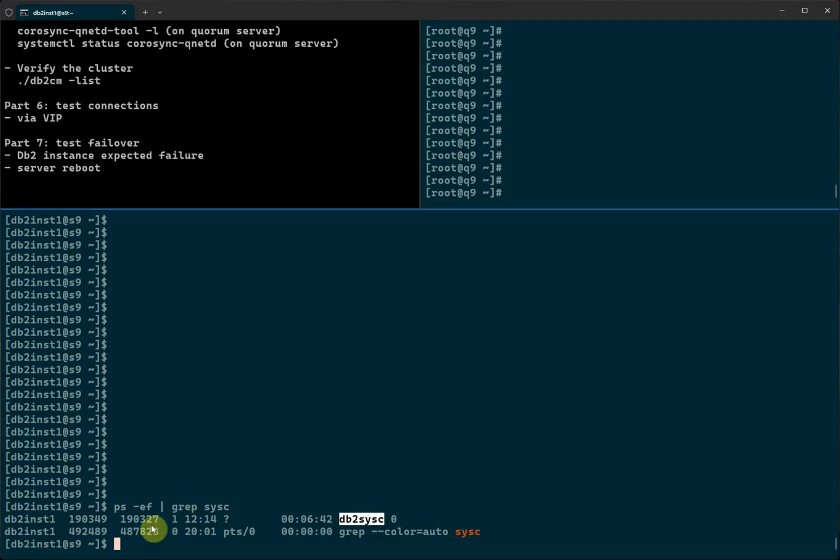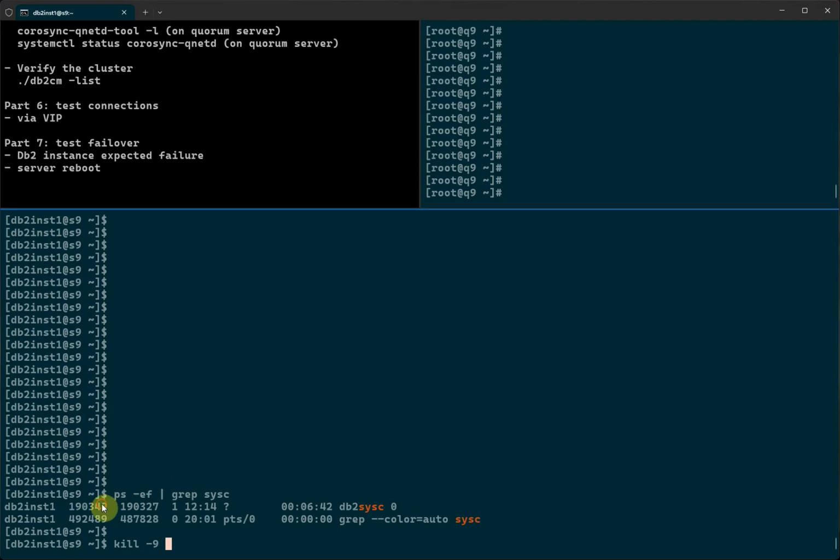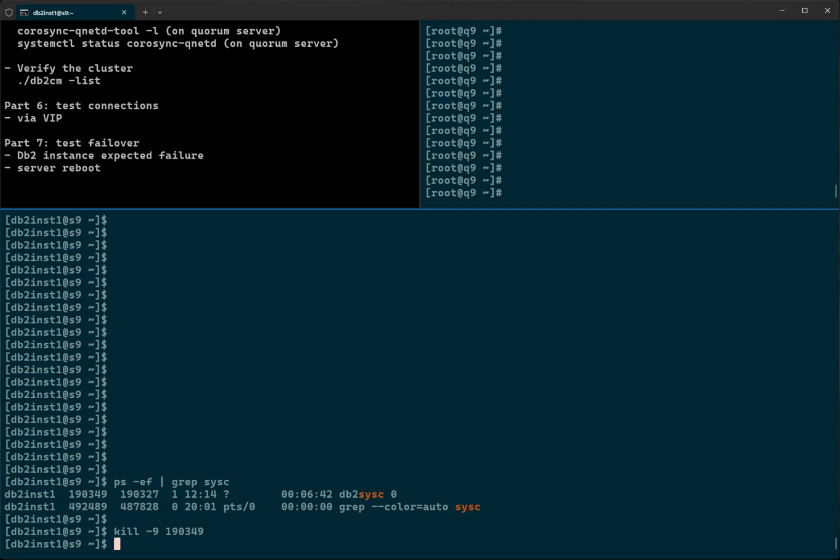Okay, so if for whatever reason this process has been terminated or failed, like hardware failure or CPU, whatever, a disk, then the cluster is going to fail over from S9 to R9. So let's simulate it. I'm going to use a kill command to kill this process to simulate a failure of this instance. Okay. If I kill this one,